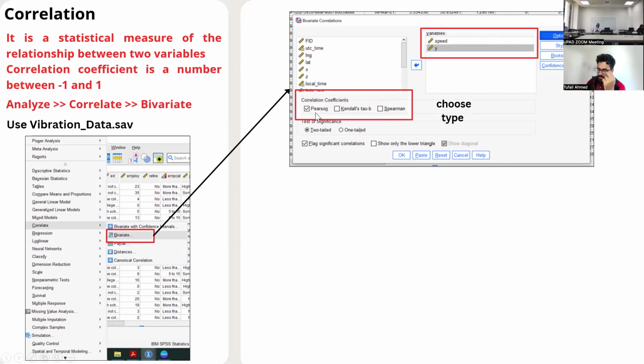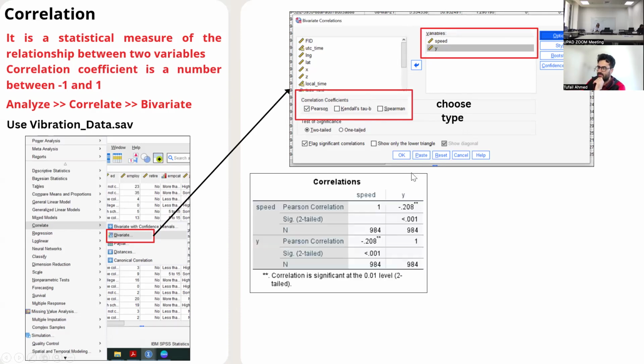There are basically two or three types. Mostly when you have continuous variables, you use Pearson correlation. If you don't have continuous variables, let's say you want to see gender and another category, then you will use Spearman. That is always important. If we are using speed and vibration, both of them are continuous variables, so we use Pearson correlation. Then I will click, and I will have results.